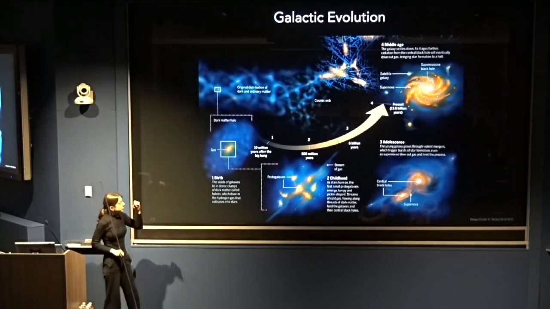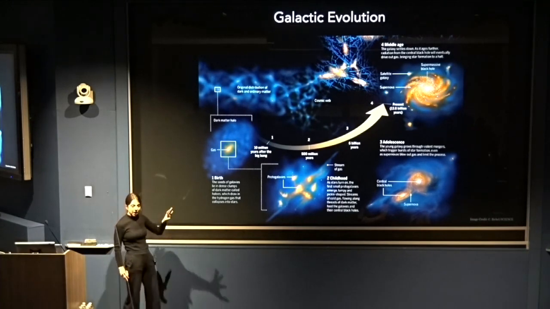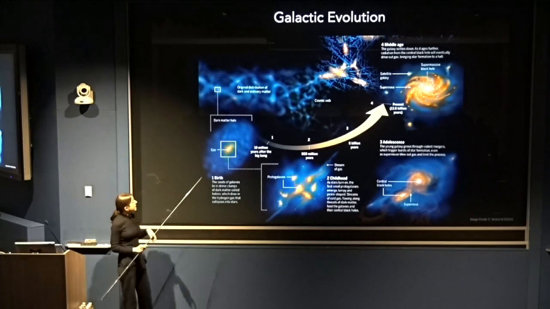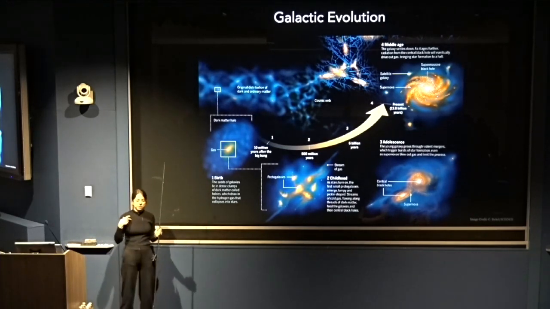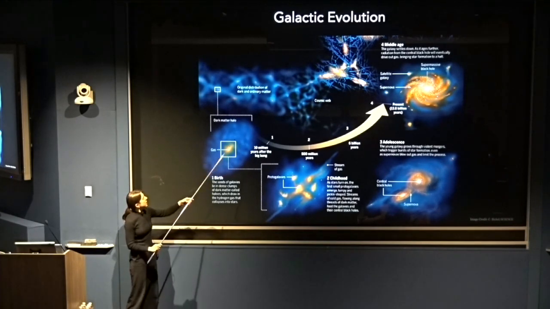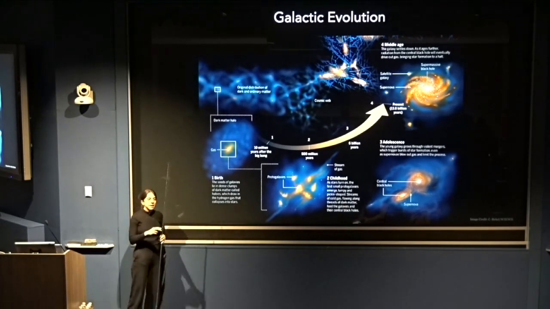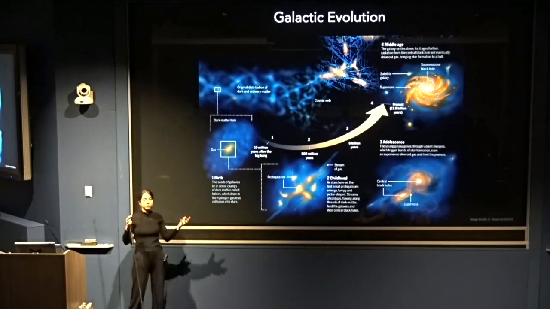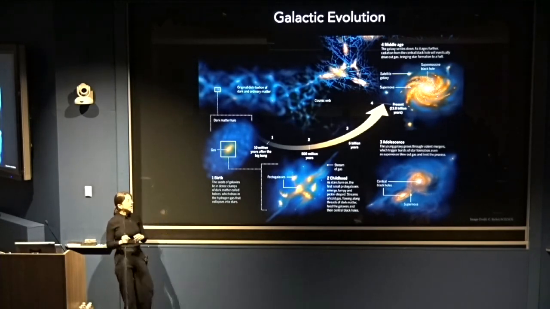And in this evolution, the properties of the dark matter play an important role and can actually mess things up depending on what you assume. So for example, if I were to assume that the dark matter very early on had a very long free streaming length, that would tend to wipe out the formation of these kinds of clumps early on. And then I no longer have places where I can accumulate gas and form galaxies and things like that. And I can end up destroying structure in a way that I don't want to destroy it.